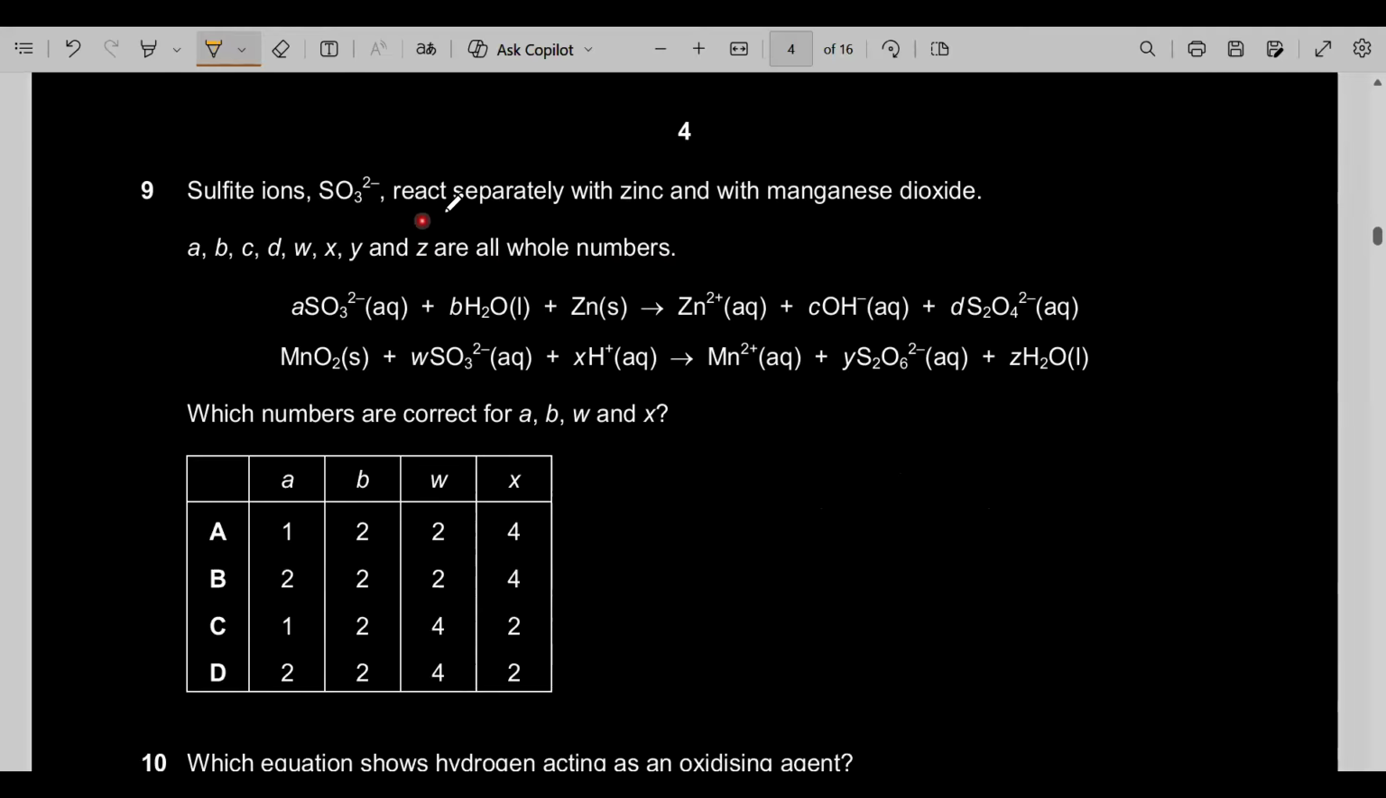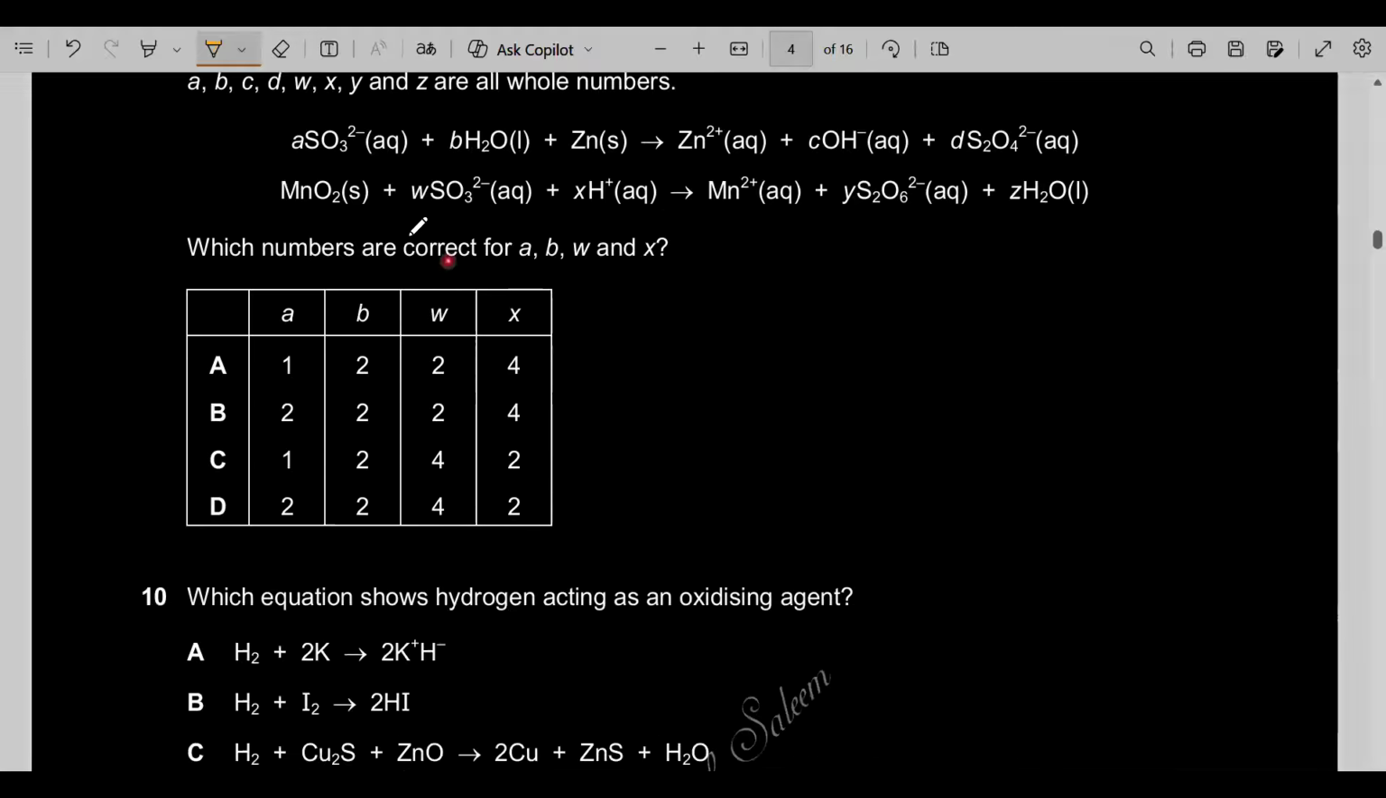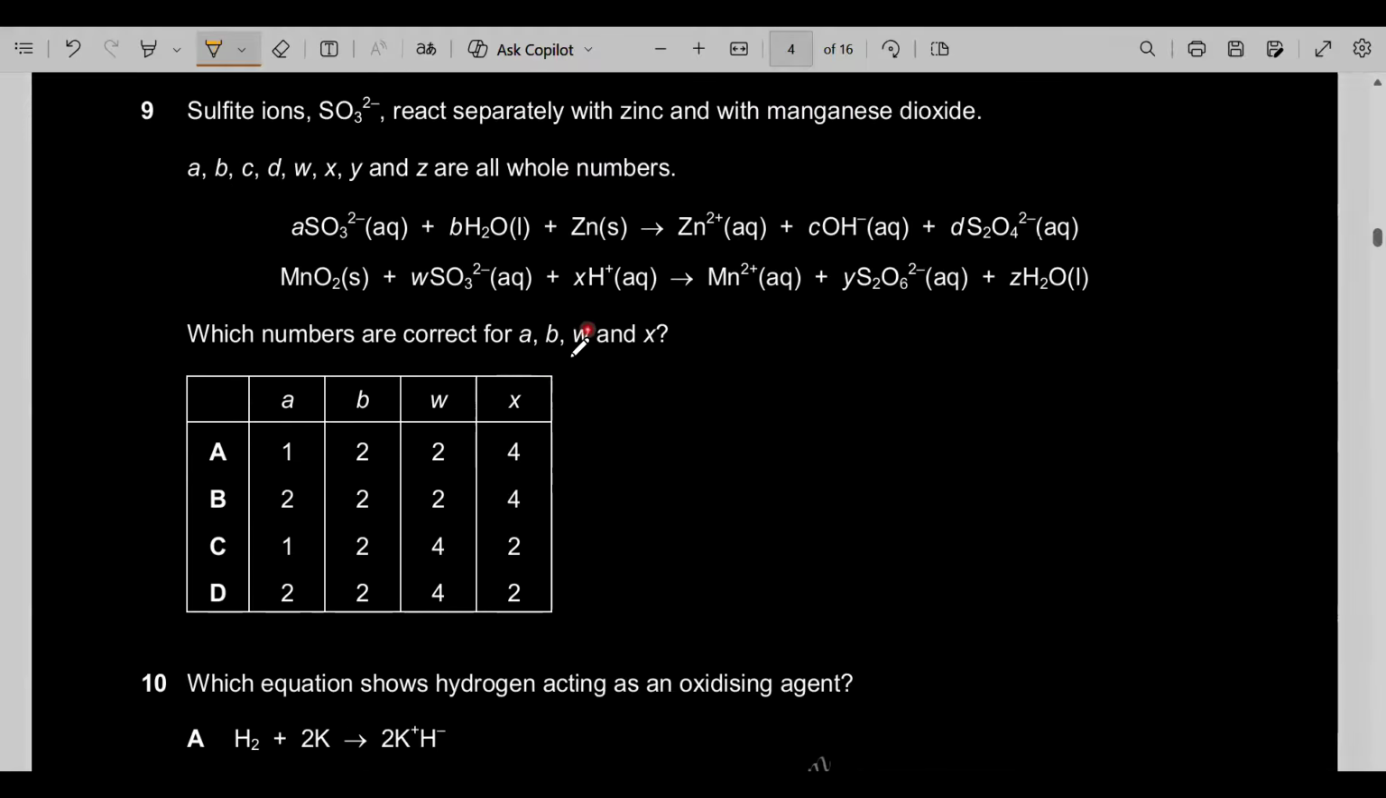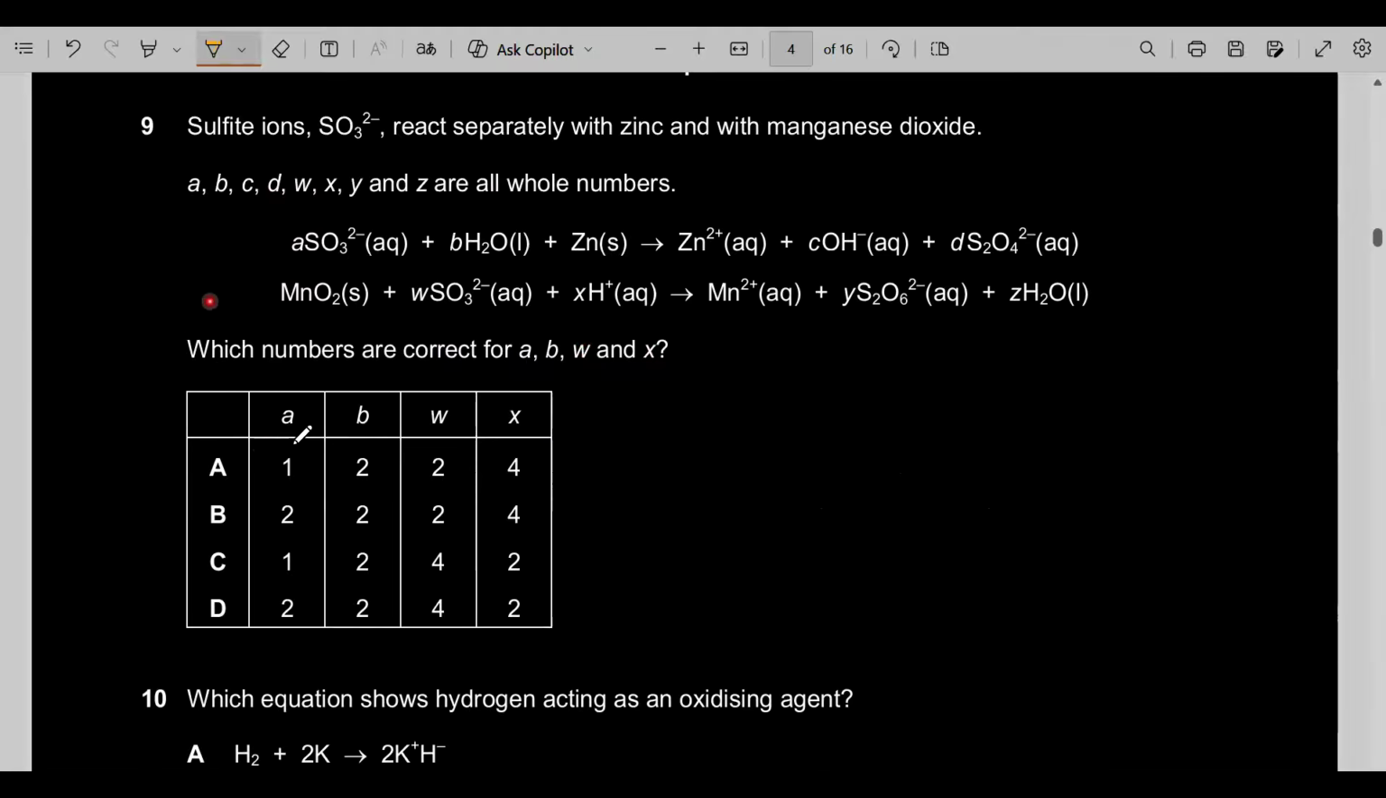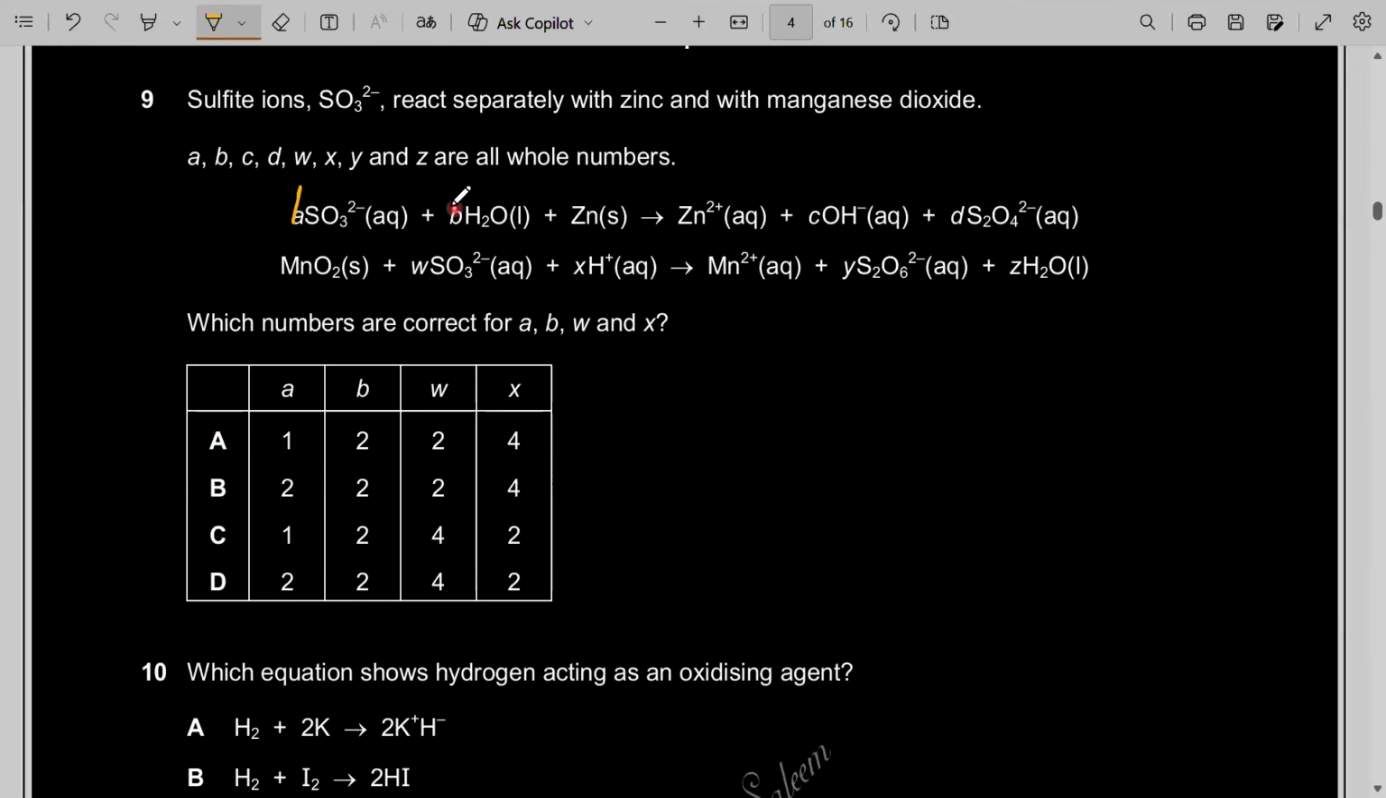Question number 9. Sulfite ions react separately with zinc and with magnesium dioxide, and these are the equations. Which numbers are correct? So just put the numbers randomly and you get the answer. We put the numbers of the A option first. According to that, A is 1 and B is 2, then W is 2 and X